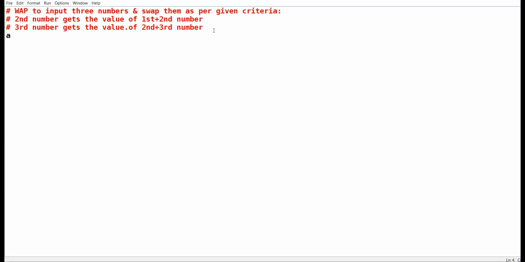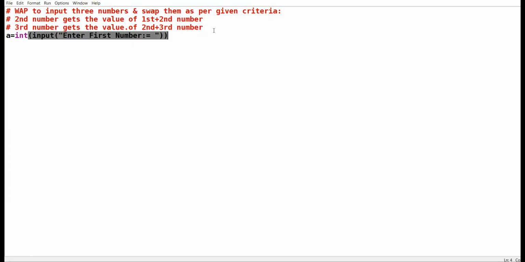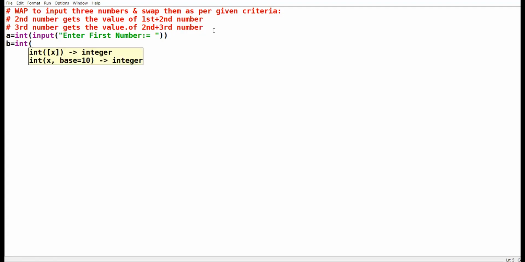So I take 3 variables. A, again using the integer function and the input function. I am inputting the value, enter first number. Okay. B, again integer type number, input from the keyboard, enter second number.